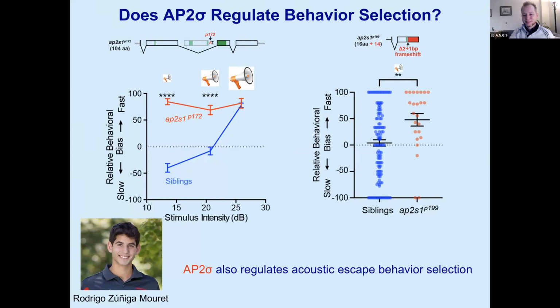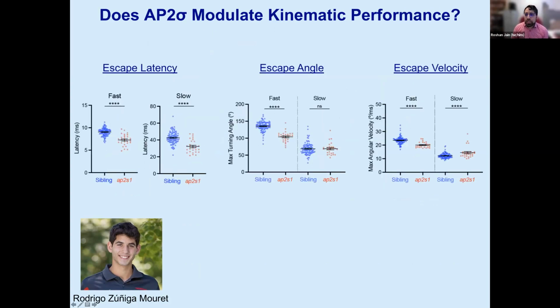Thank you. All right. So this showed us that this complex is affecting both habituation behavior as well as the selection between these two potential behaviors. And although by eye their overall performance looked pretty normal when we looked at those videos, when we looked a little bit more carefully at the kinematics of their fast and slow startle responses, we really wanted to make sure that they're actually doing two distinct behaviors, and we weren't getting tricked by a change in their